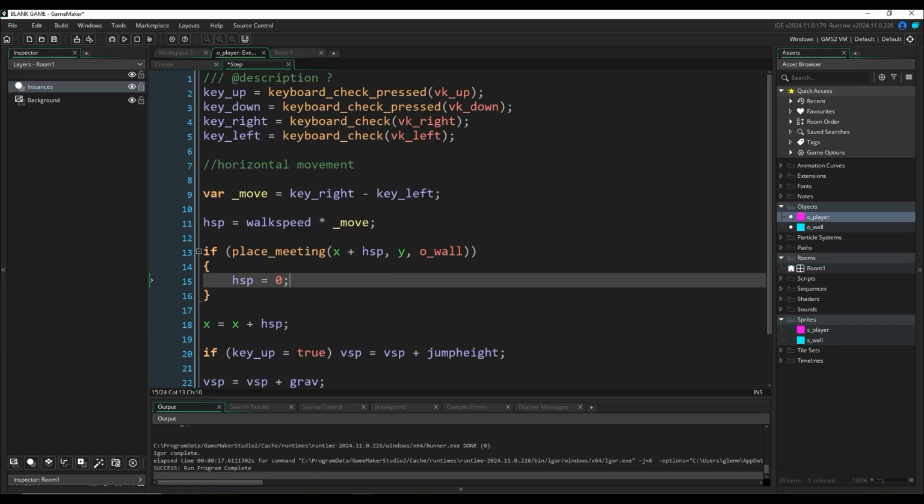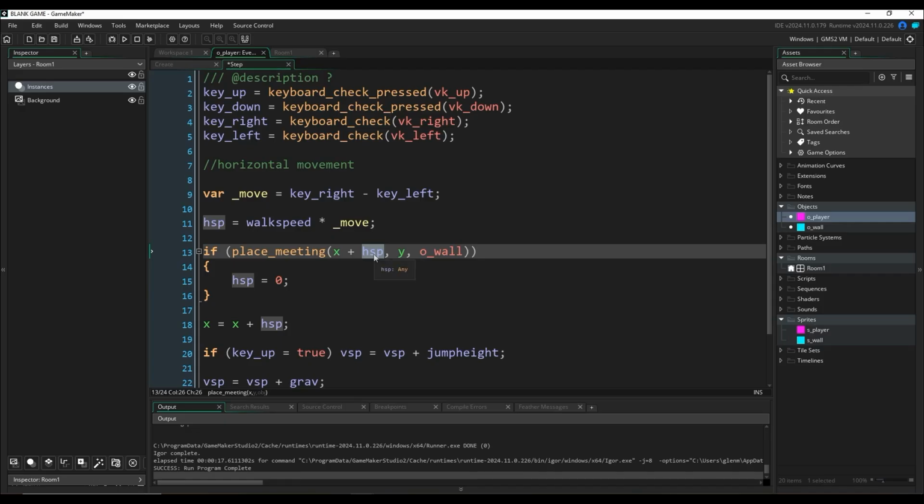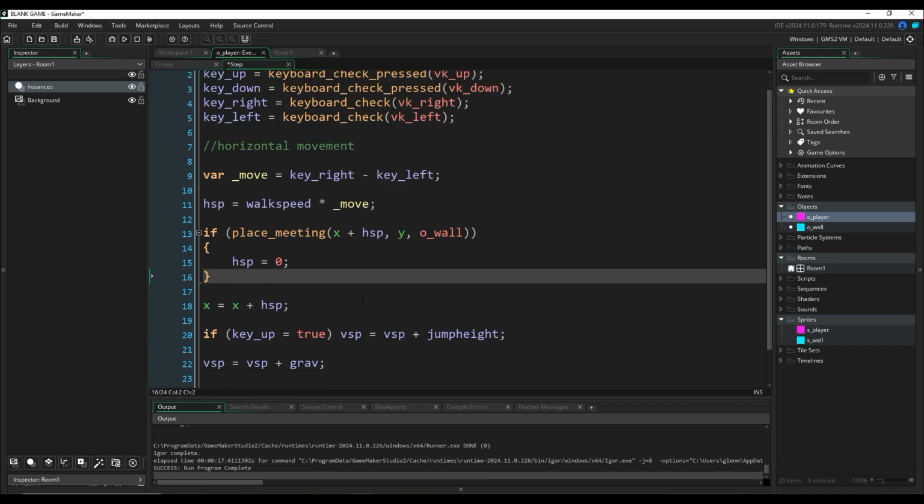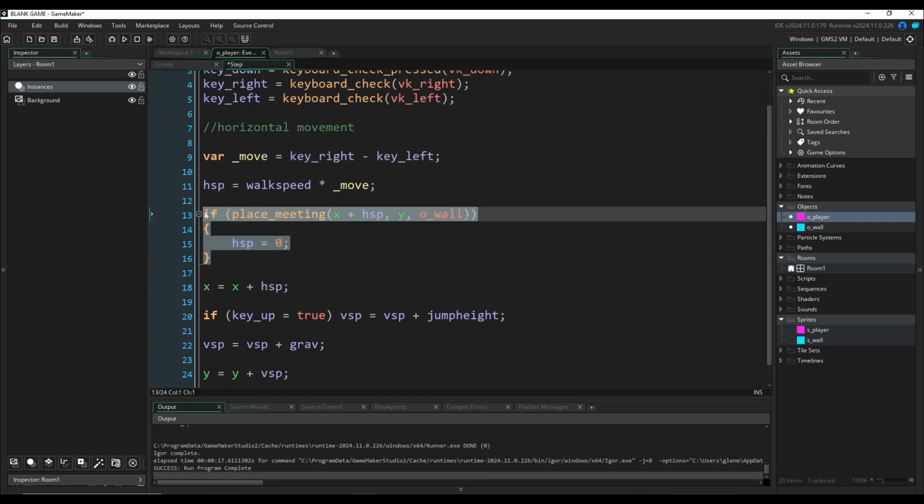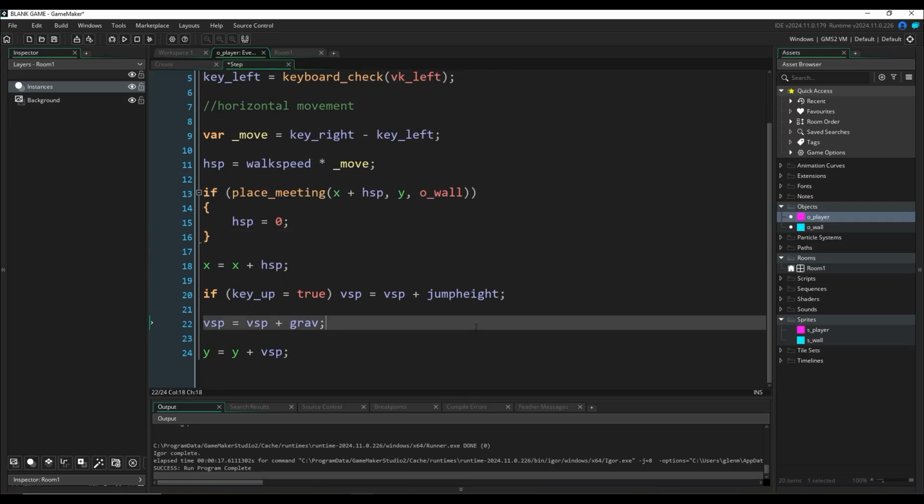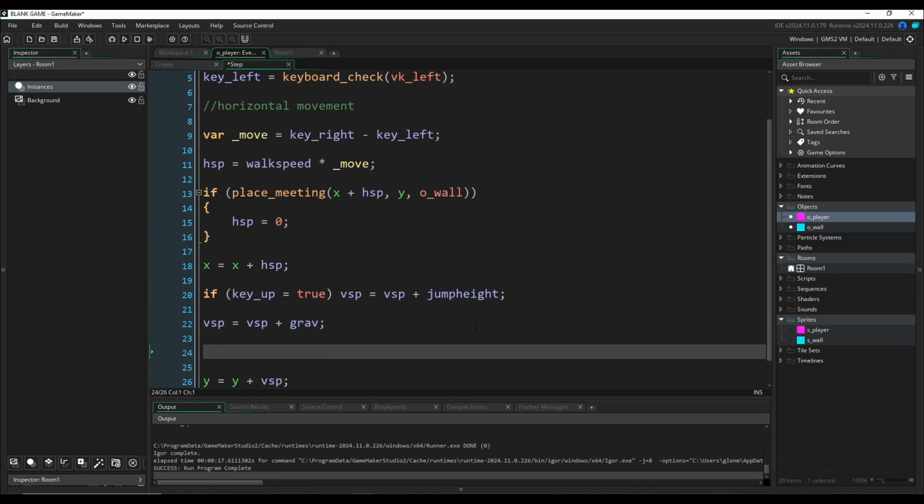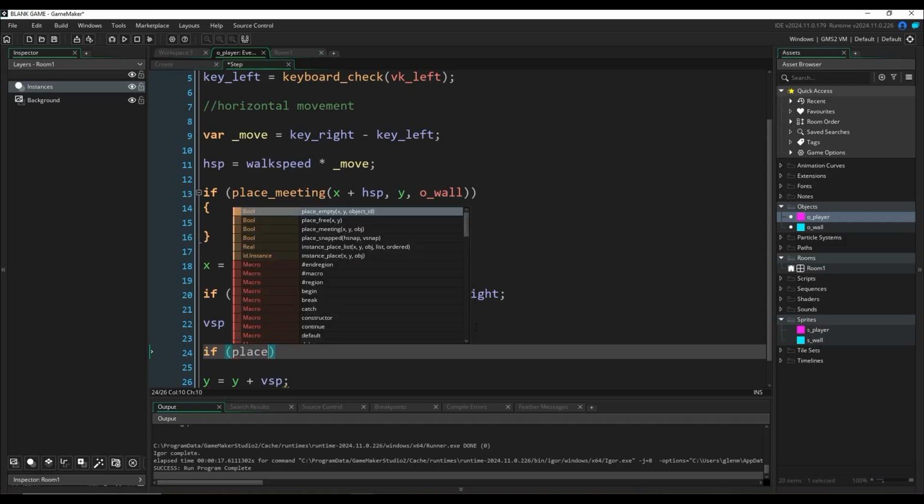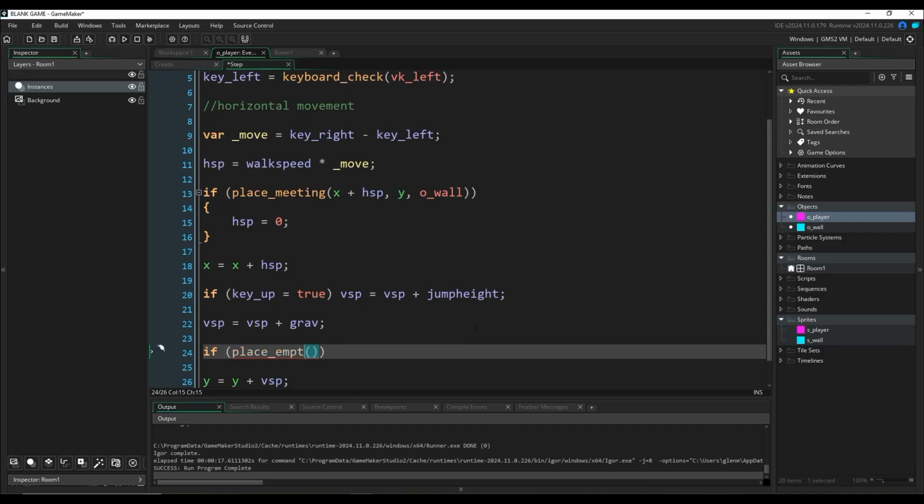So by doing this, we are predicting whether or not we are about to hit it. And if we will hit the wall by our next move, we don't want to make that move, otherwise we'll end up inside of it. And that's what you need for starter collisions. And then for Y, we are going to do the exact same thing. I'm just going to say if, oh, not place_empty, if place_meeting